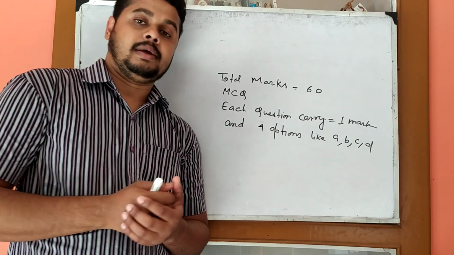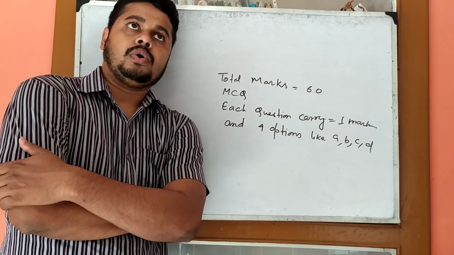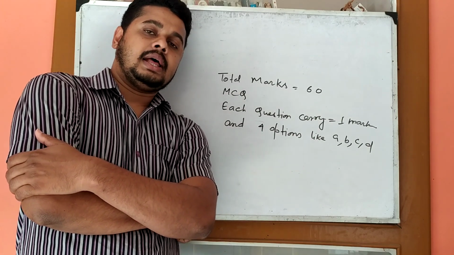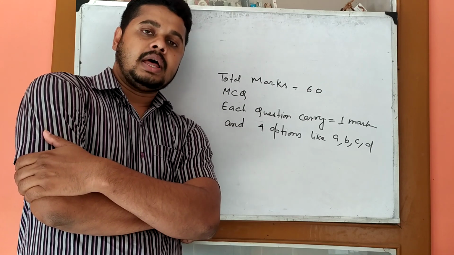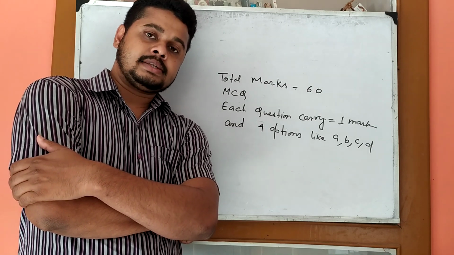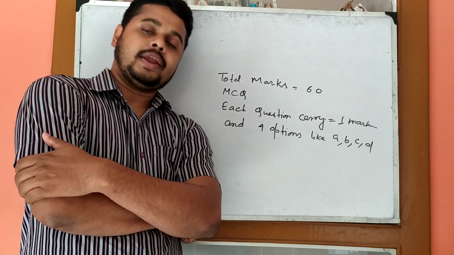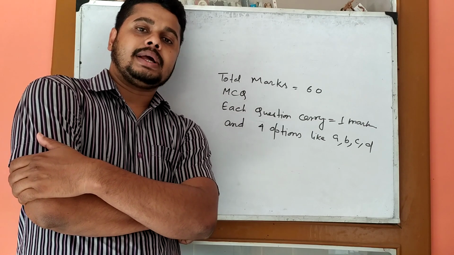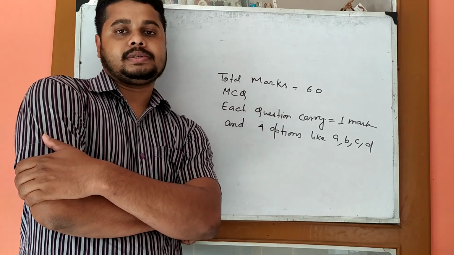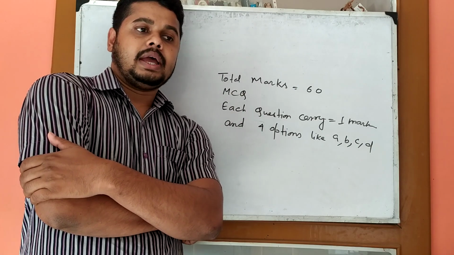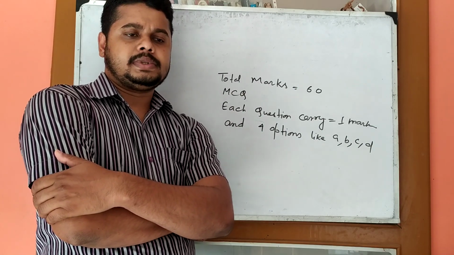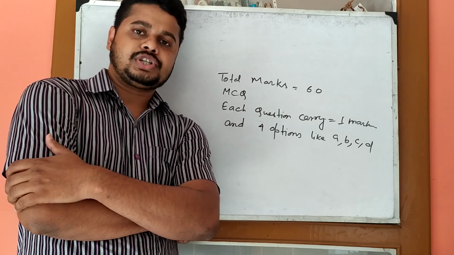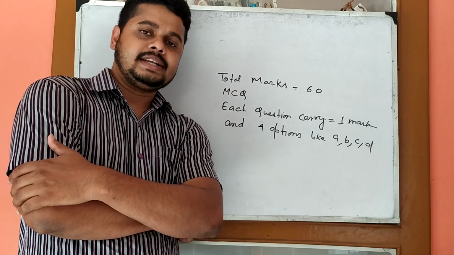Besides that, all of you know that we already completed 3 chapters: first of all polynomials, after that lines and angles, and then Heron's formula. So obviously all the questions will come from these 3 chapters. And besides that, some reasoning questions, maybe 2-3 questions or maximum 5 questions, of the reasoning type.